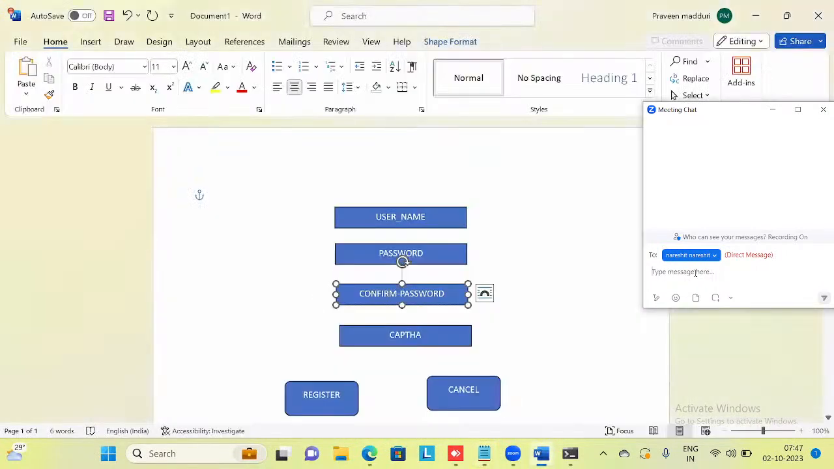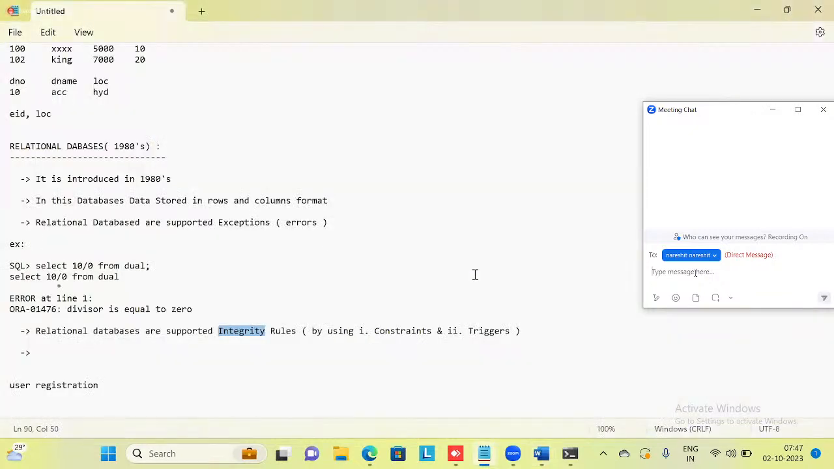Okay. Now here what we are discussing: the username should be unique, and the password should contain at least one uppercase and one lowercase. This type of validation we can write in our databases by using the constraints topic and the triggers topic. You can validate in databases. That is, relational databases support integrity rules. Next one is